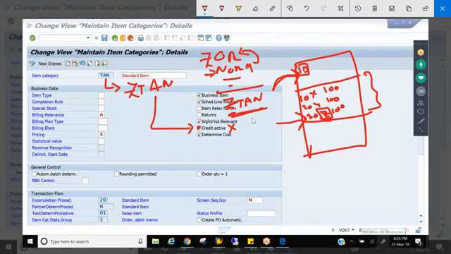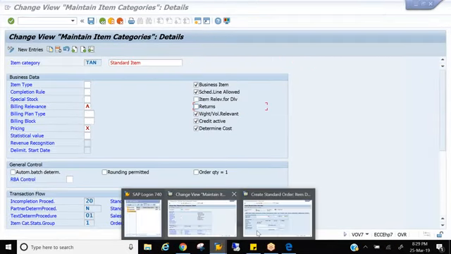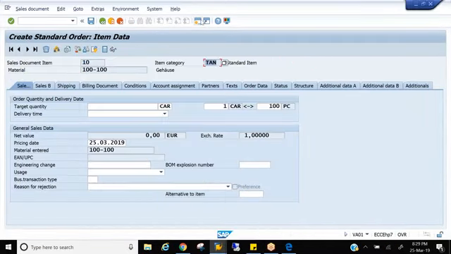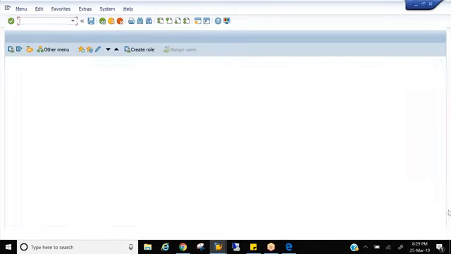Praveen: Can we only change this norm that is in the material master? Yes, you can change this also. We can maintain it as YORM or something and leave the OR to be OR itself. You can do that. You can create a new item category group. Let me show you where we created it.